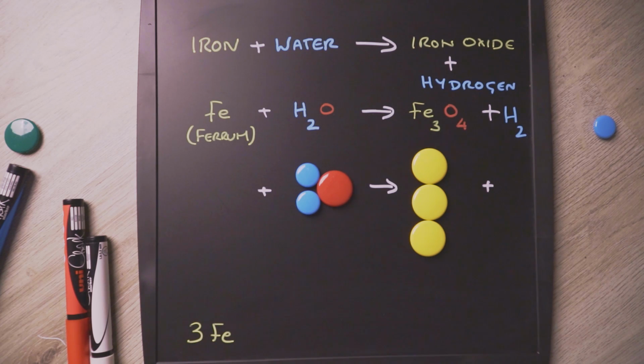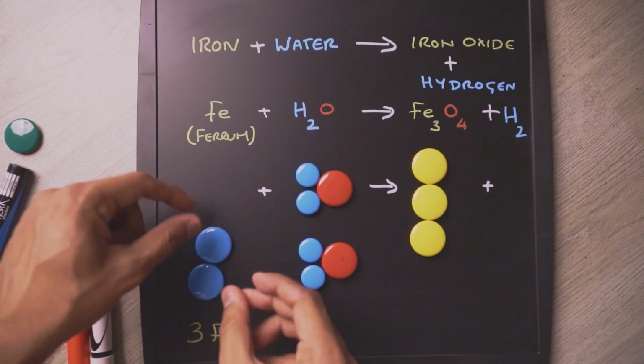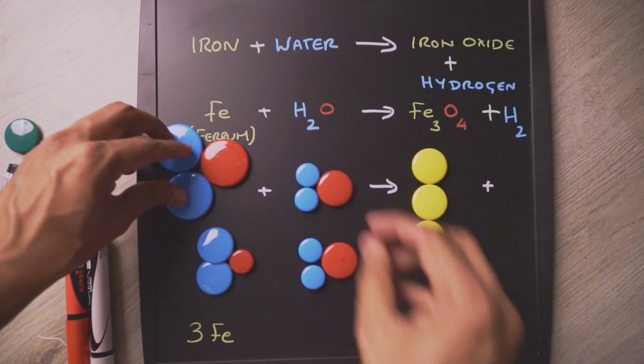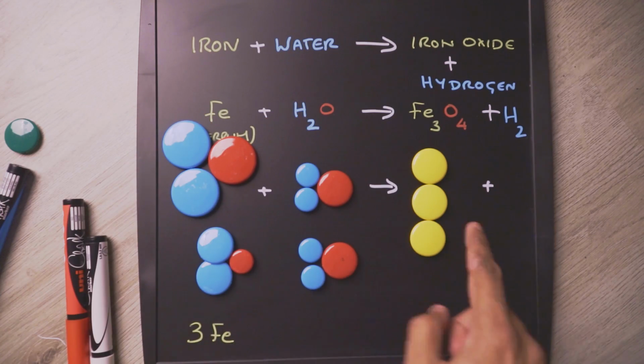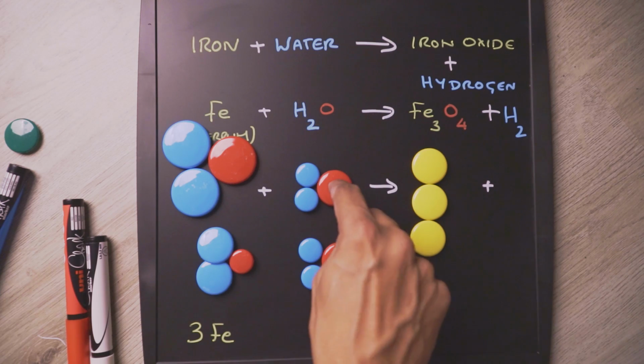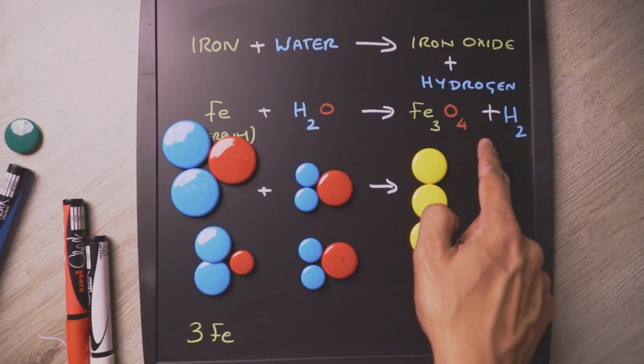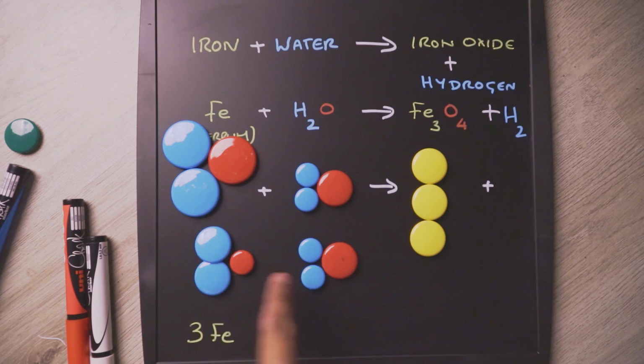So let's do that now. So here is the second water molecule. Okay, ignore the shapes, just look at the colors. Okay, so this is another water molecule and this is another water molecule. So in order for me to have 4 oxygens, now I have 4 oxygens, 1, 2, 3 and 4. So to get those 4 oxygens, I've had to bring in 4 water molecules. Okay, so I have